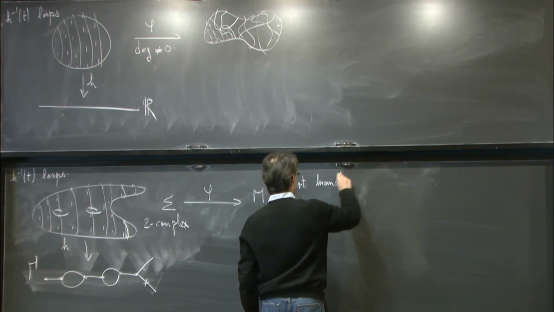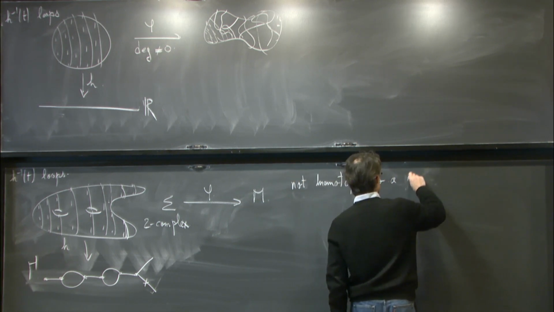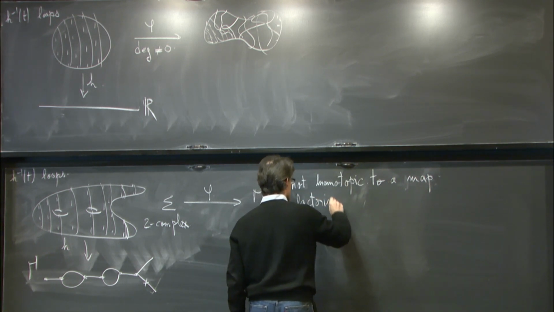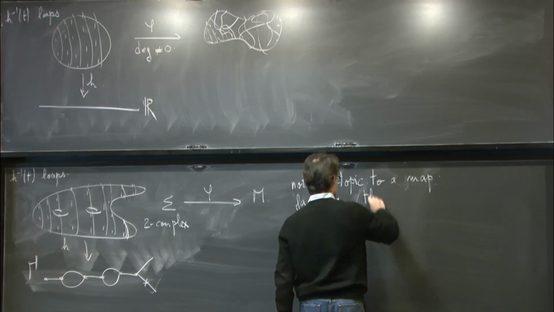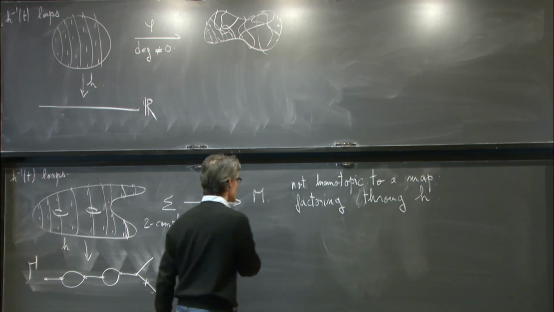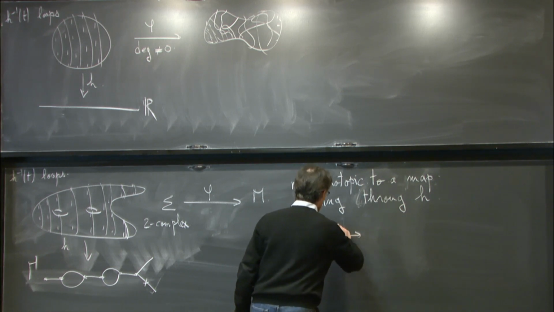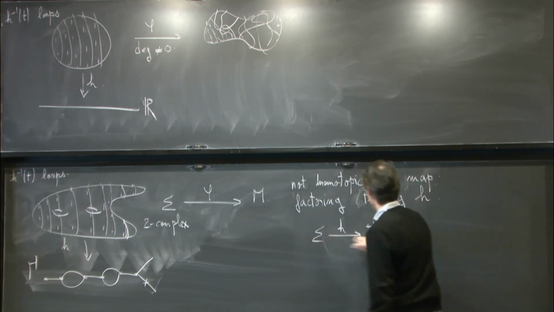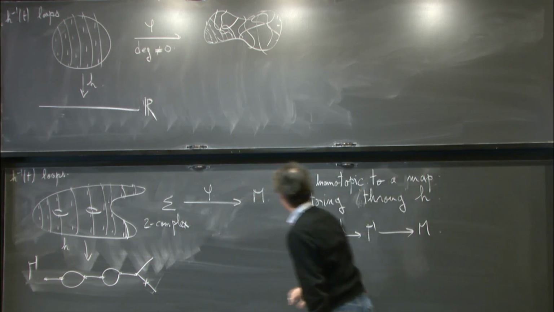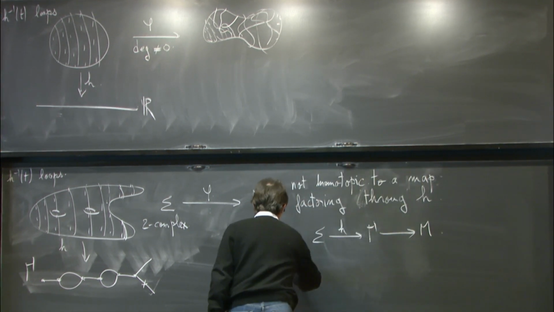homotopic to a map factoring through H. Okay, so you don't want this map to be homotopic to this one, where you get here the map H and there. So you don't want phi to be homotopic to such a map, right? So, for instance, that's the case